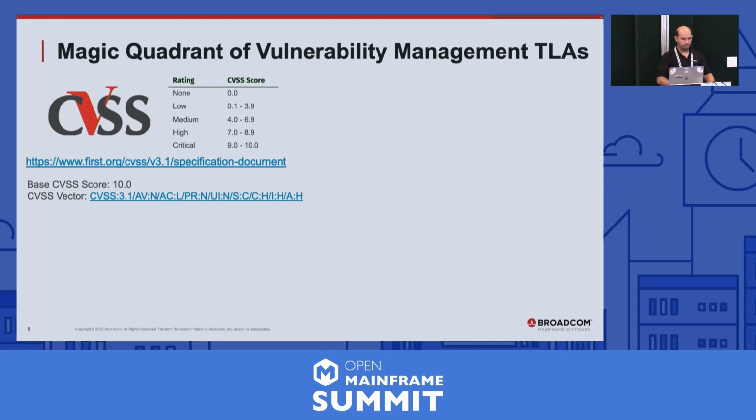The slide includes the reference document here, so you can go read in more detail. But the basics of it is, again, you have a rating of the severity. So, for example, from 9.0 and up, it's critical. 7 to 8.9 is high severity. And